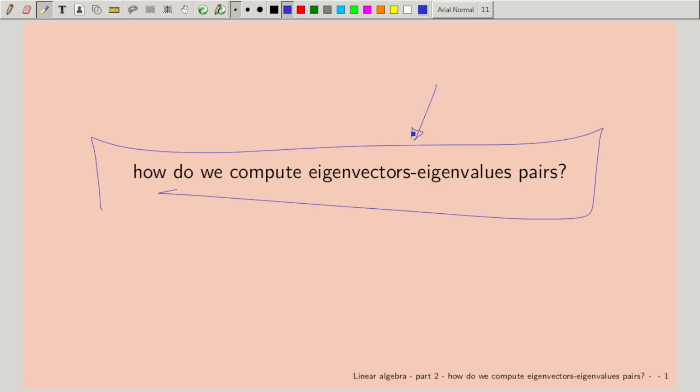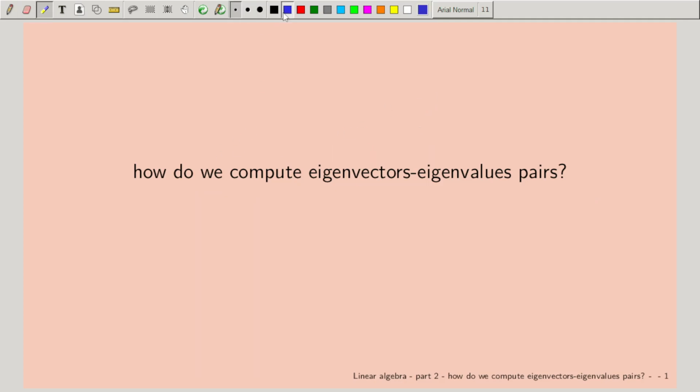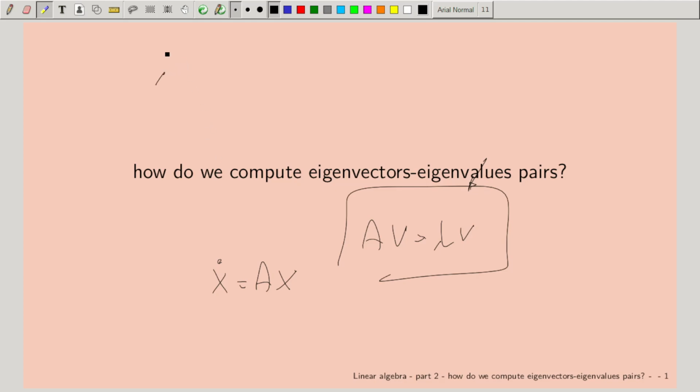How do we compute eigenvectors and eigenvalues? We are at a point where we want to understand the eigenvalues and eigenvectors of a matrix, because from an intuitive point of view, whenever we have x dot equal to Ax, and we know that Av is equal to lambda v, we got the intuition that this information tells us a lot about the dynamics of the system. Because, for example, if I have lambda 1 equal to 0, lambda 2 smaller than 0,